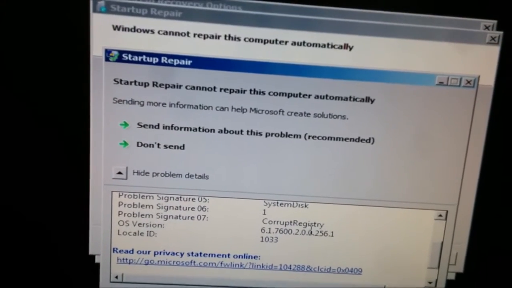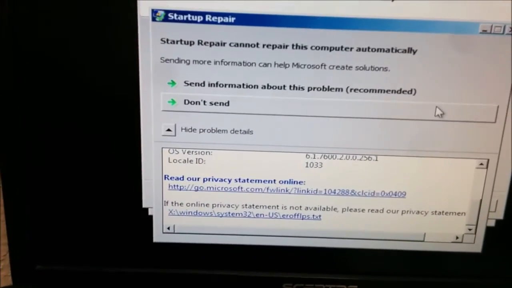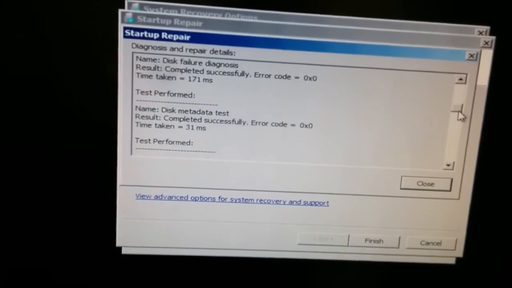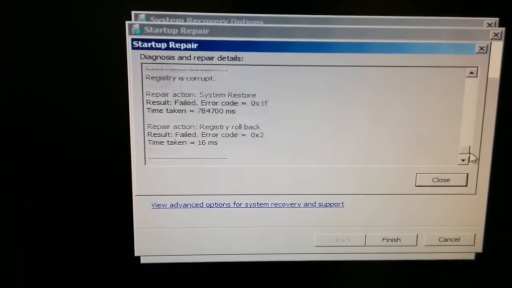Corrupt registry, that's really interesting because I didn't even touch the registry. You guys saw that. So, sure, I'll send it, even though there's no internet. Then if I click this, if it says the registry is corrupt, that's interesting because I didn't even touch the registry, so...